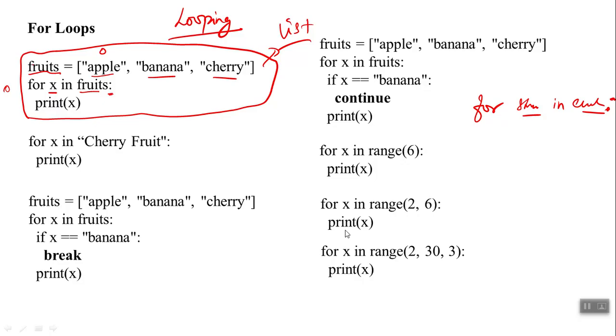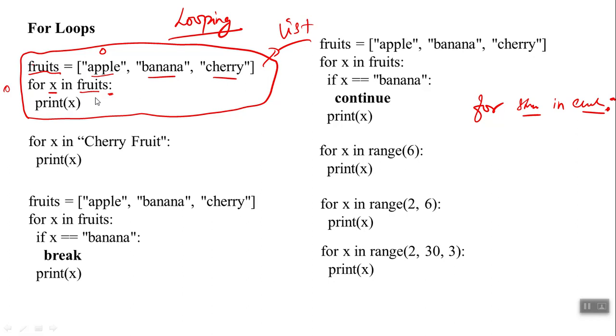In for loop, what are the things we have seen? One is for loop, just printing from x in fruits. Okay, in the next one, in for loop a text is given, so from that string I will be printing one by one, character by character, that we have seen.